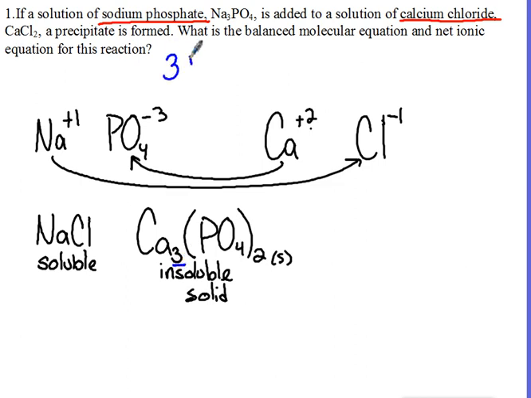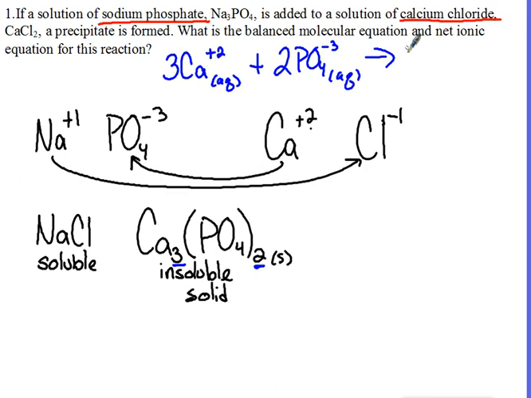So 3Ca +2 dissolved in water, plus we're going to need 2 phosphates with a -3 charge dissolved in water, and they make our solid. And that is number 1. Number 2,